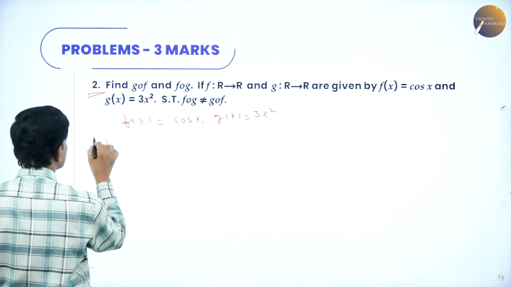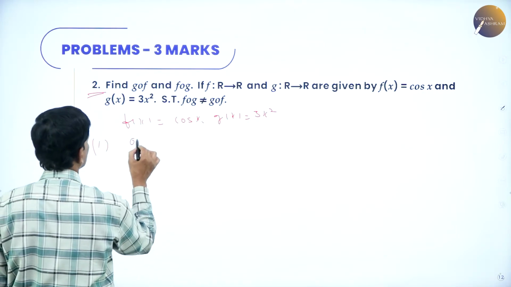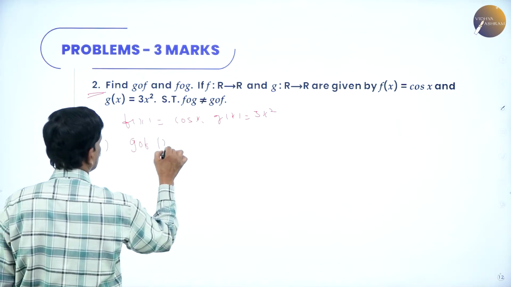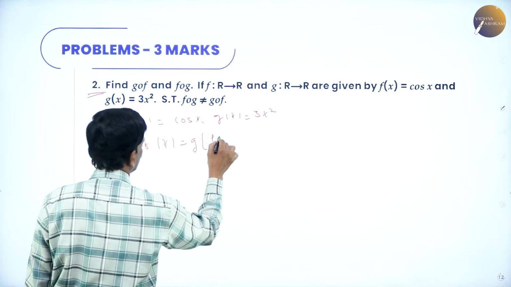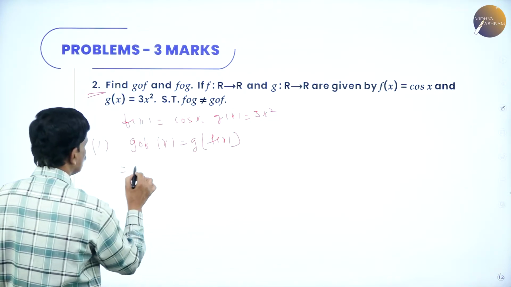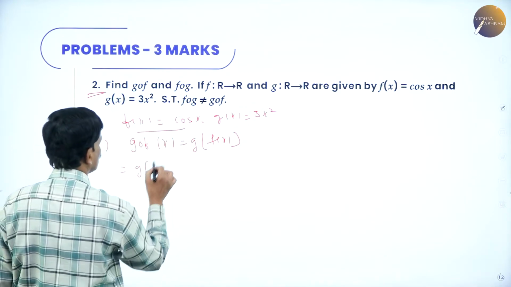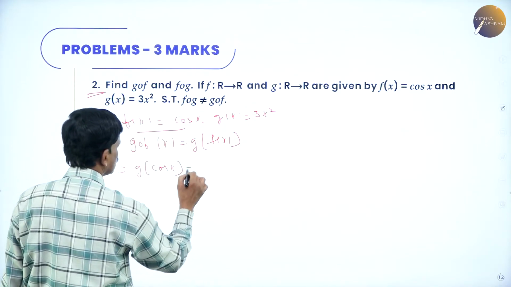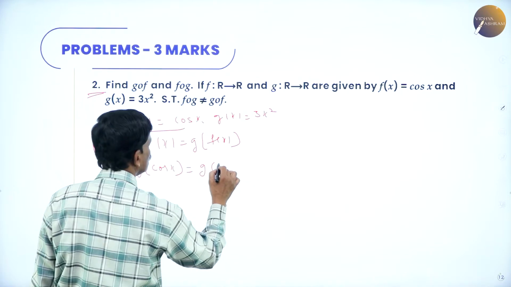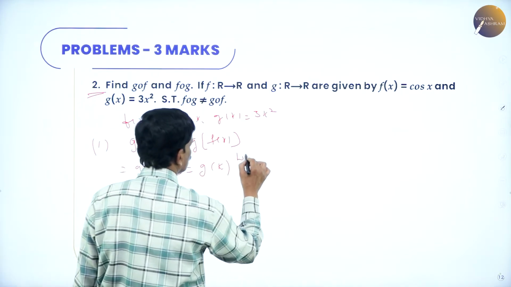Let us come to the first one. First one is g naught f. G of x is equal to g of f of x. So this is equal to, what is f of x? Cos x. Now let us consider this as k, where k is equal to